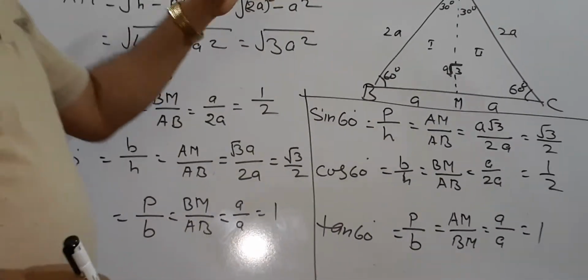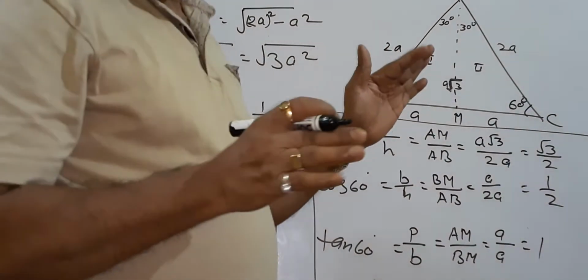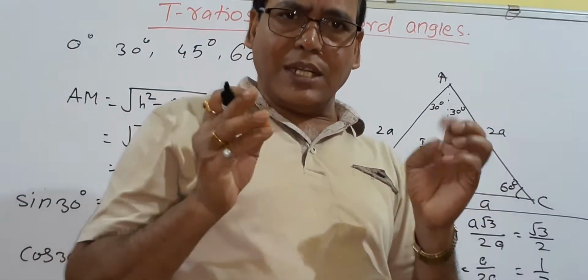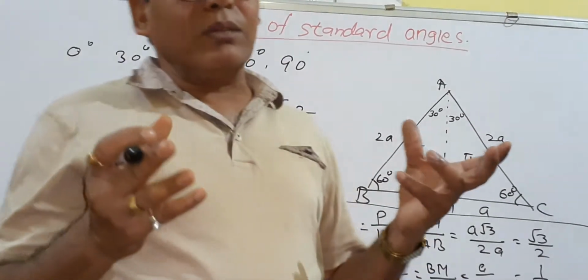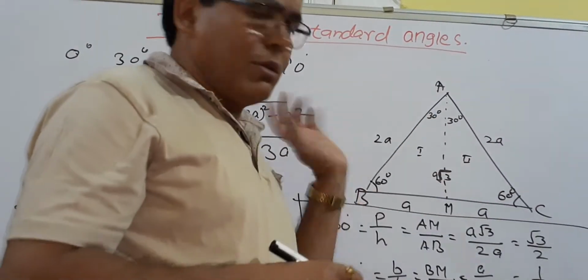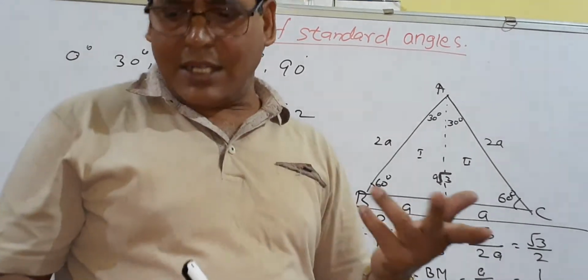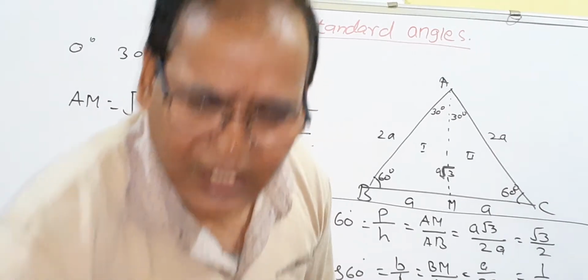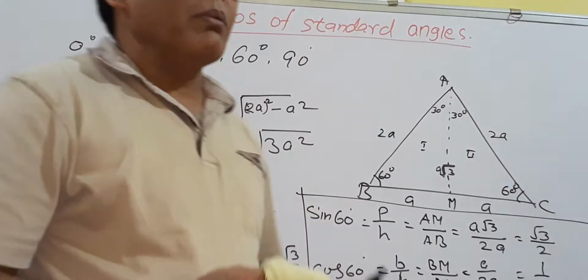For 0 and 90, now we will learn the values in a table. It will be more clear, and there is also a mathematical trick. If you learn through the trick, it will be easy to memorize. No need to memorize all those things. You only have to memorize the trick, and the trick is very important. In maths, a trick makes it interesting.